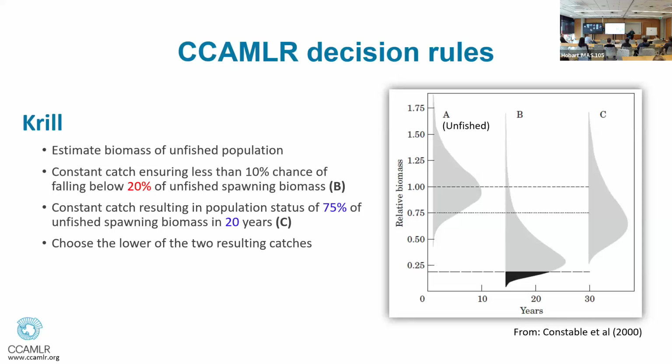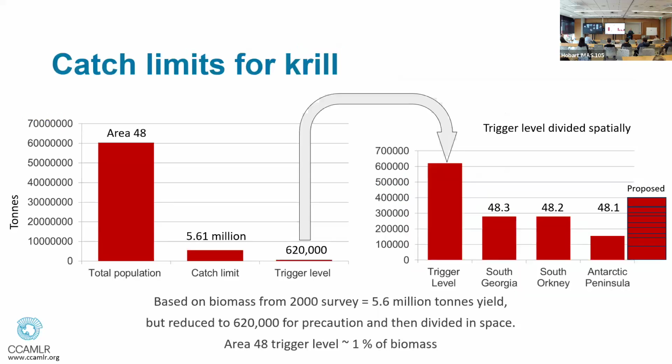The toothfish is the top predator. They just went halfway between that and 100% to get 75%, and then did some modeling to see what that would look like. So that's the decision rule that they use for projection modeling for krill, and I'll show you how that's used in a bit. So the catch limits, when you look at that type of modeling for area 48.1 now, we